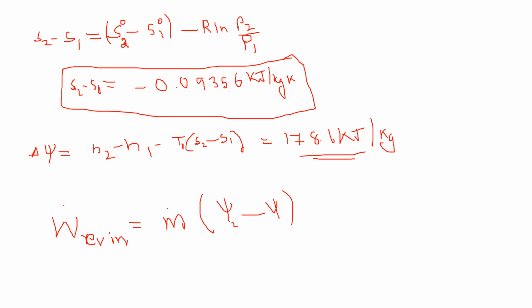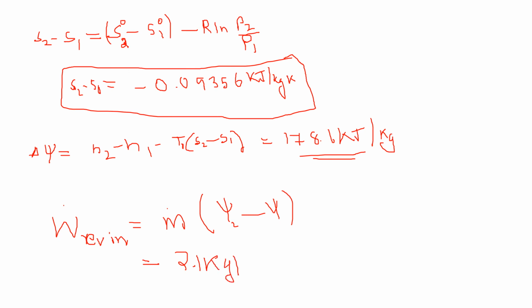So the reversible work in is the minimum work input that needs to be supplied to the compressor per unit mass of the air, or you can also take it as the exergy destruction. What is given to us, the mass flow rate, is 2.1 kilogram